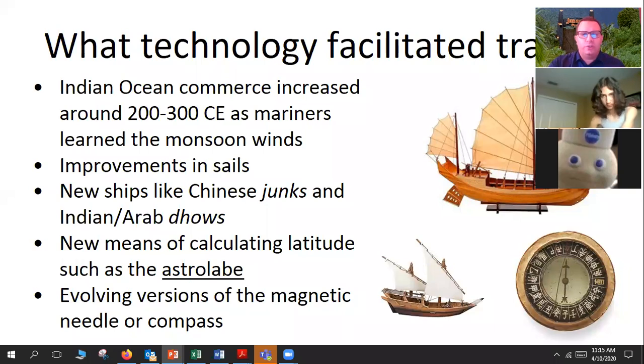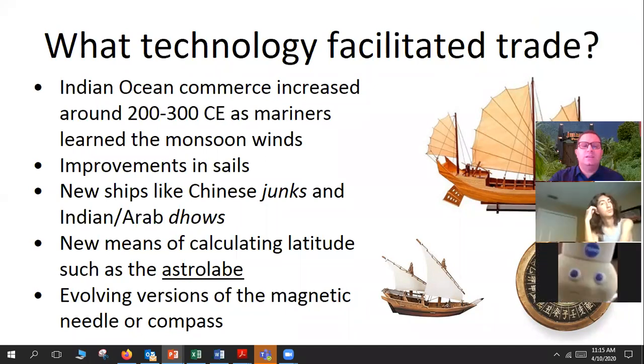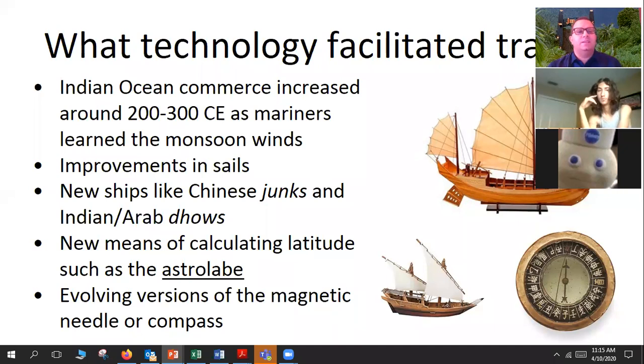Now, I mentioned earlier that technology is an important piece of this, and that without the increase in technology, you're not going to see this kind of trade, okay? So one important new piece of knowledge, obviously, is going to be knowledge of the monsoon winds, like we already talked about. But that knowledge of the monsoon winds is going to lead to improvements in shipbuilding, particularly the sails, how you build a sail. I'm not going to get too much into this because I'm not into shipbuilding, and it can get extremely technical and extremely complex, and I'm not going to pretend that I understand everything about technology as it relates to building a sail, but